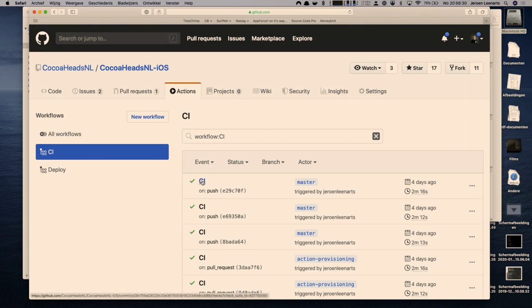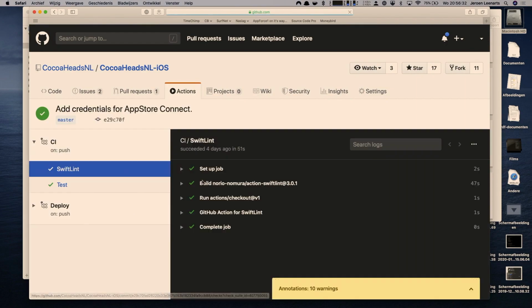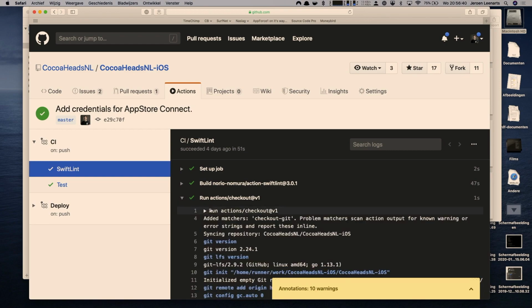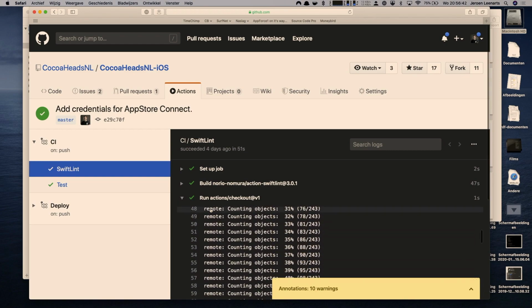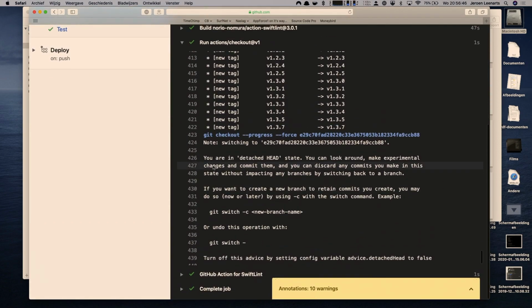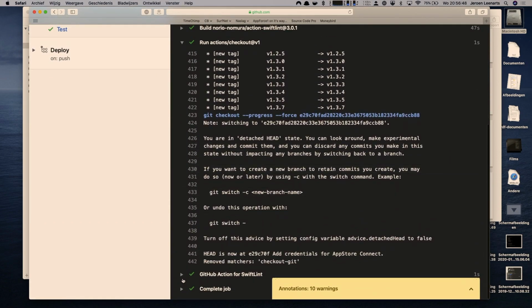These are my CI runs. This is just a listing of what has run. You have a setup job. You get the checkout, for example, because this is output most people have seen in their life. You see, it's a standard clone. You can do a lot of scrolling here if you like doing that.